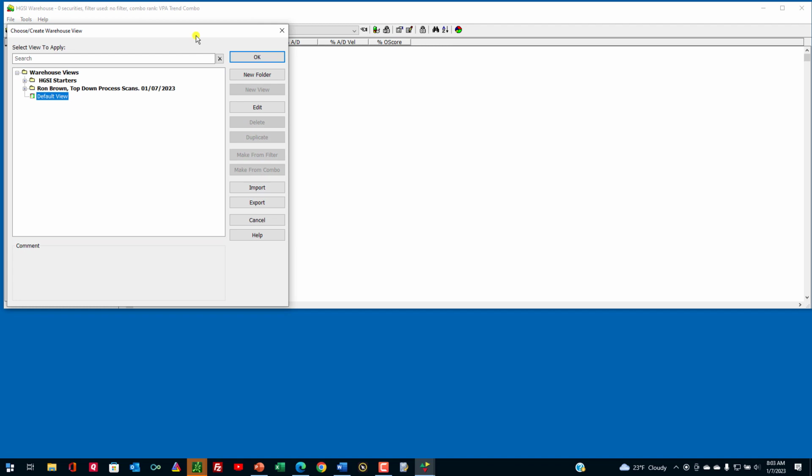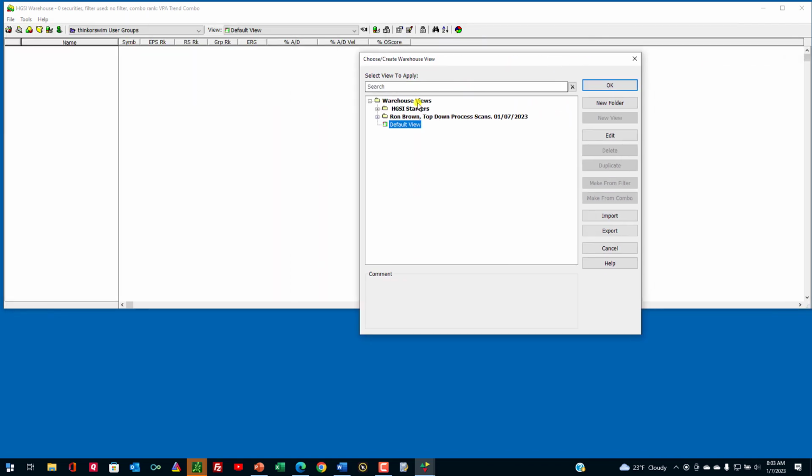So locate Choose Create, and under Warehouse Views, just put a new folder in here, call it whatever you want, and then you can take what you want from mine and put them in your folder,